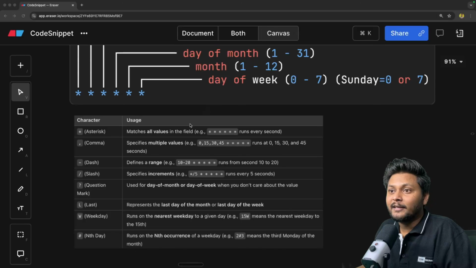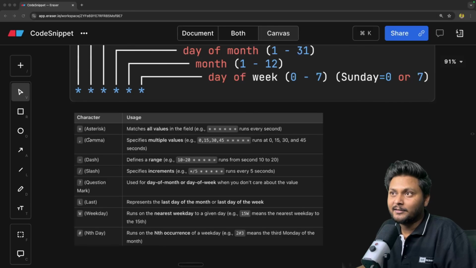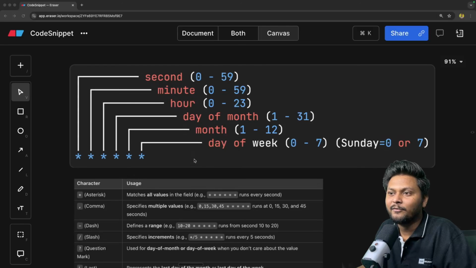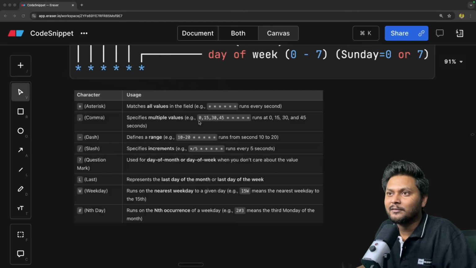Along with these, you also have some special characters inside your cron expression. So these are basically the special characters. Star means everything, right? So if you have all stars over here, that means it will run every second, right? We also have comma, which means you can specify multiple values for each star. For example, we have 0, 15, 30, 45 in the first chunk. That means in the second field, we have 4 values over here. That means this particular cron job will run at the 0th second, 15th second, 30th second, and 45th second of the